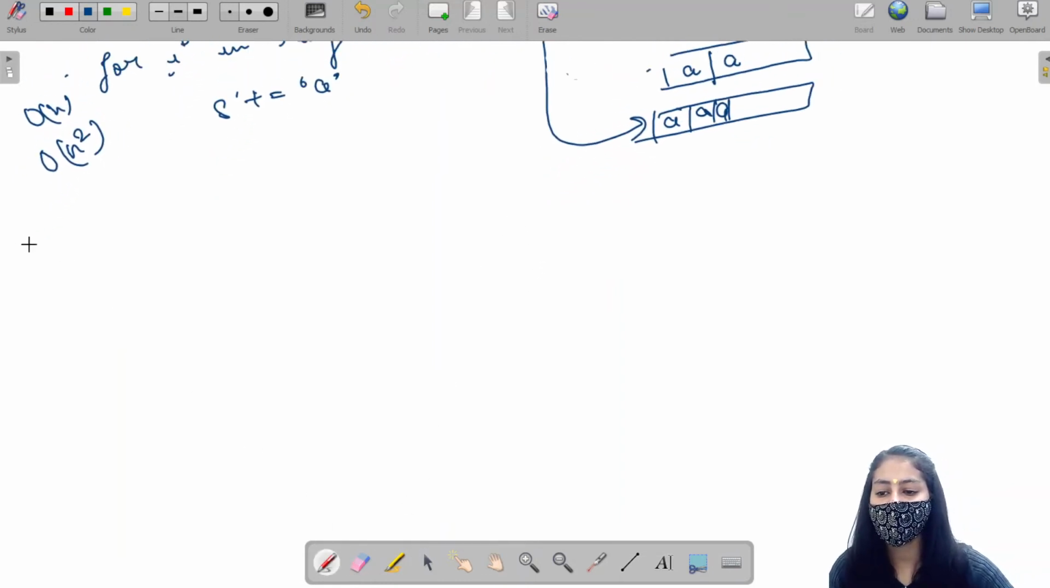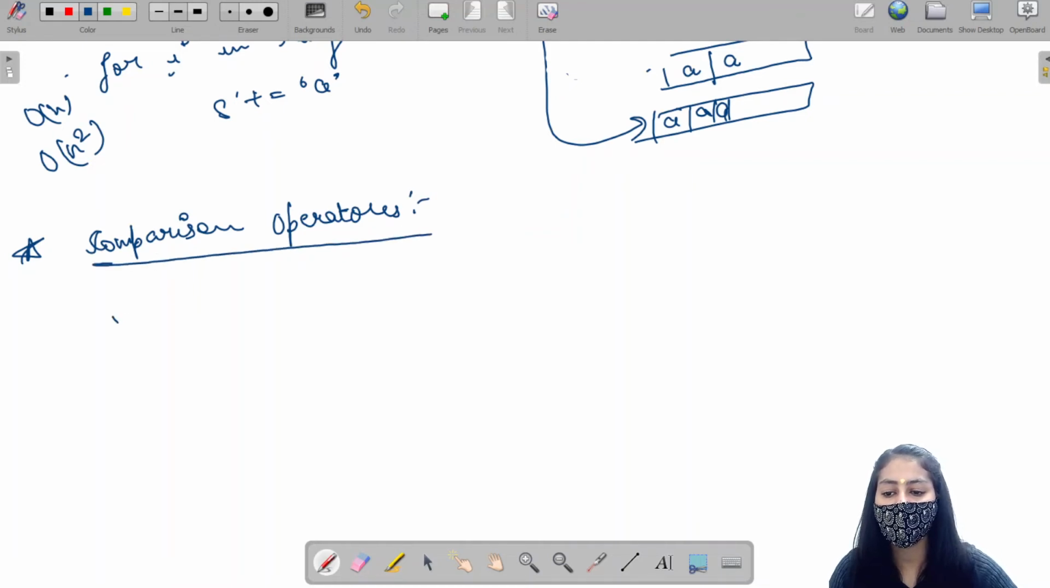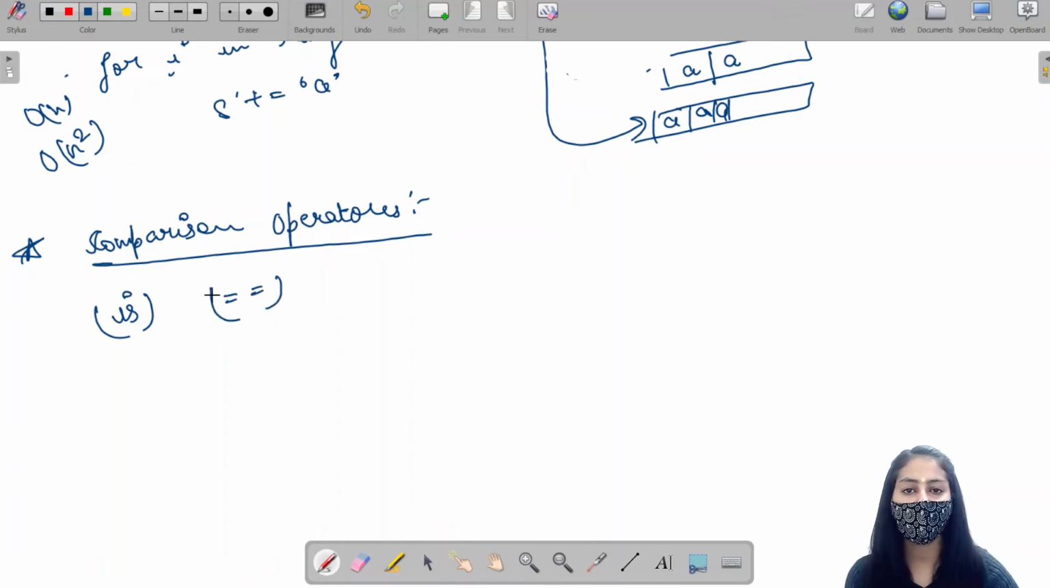Next, let me study the comparison operator. The main advantage of string interning is what? That the comparison of strings becomes easy, right? Now in Python, we can compare strings by using two operators, either is or equal to, right? Now which is preferable? If I use is, what will it do? It will check if the